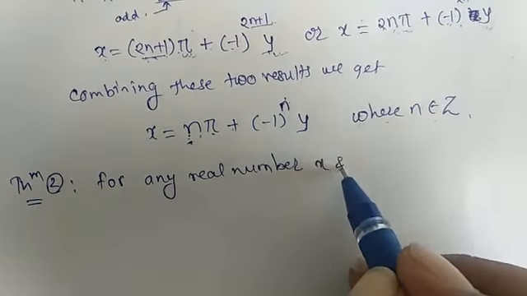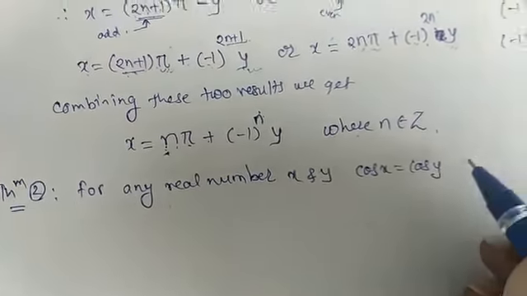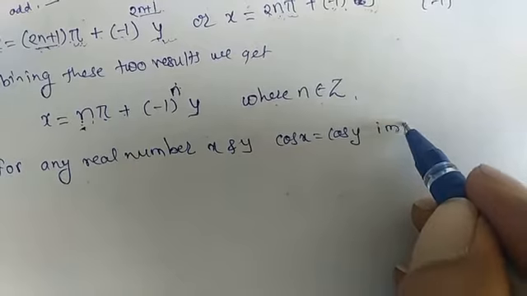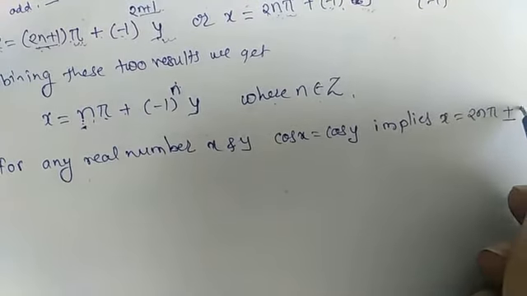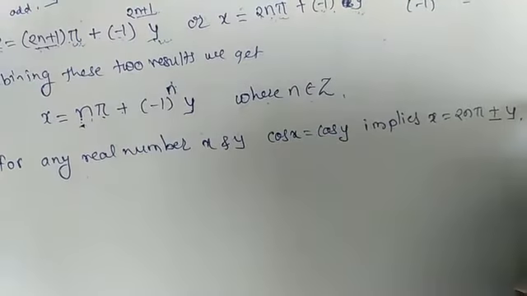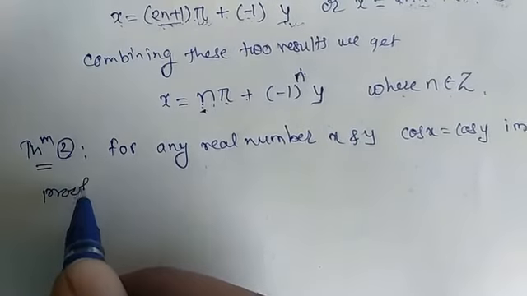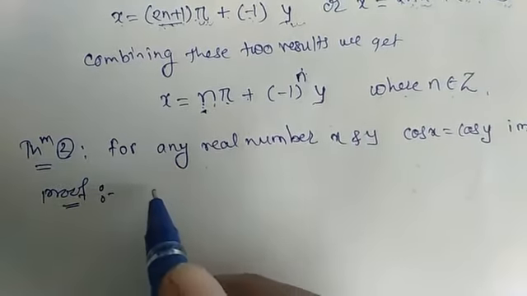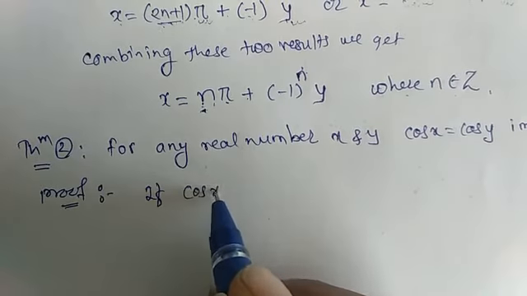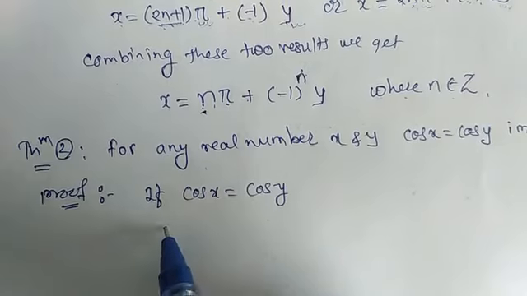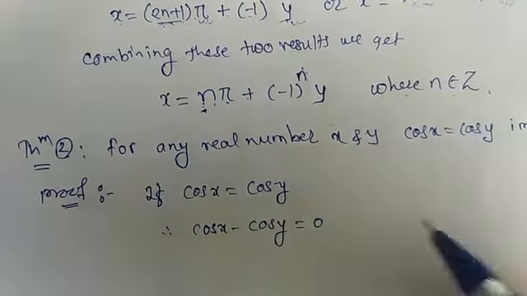x and y, cos x is equal to cos y implies x is equal to twice n pi plus or minus y, where n belongs to Z. Okay, so in this proof you can consider as given that cos x is equal to cos y. It can be written as, therefore, cos x minus cos y equal to 0. Again we know